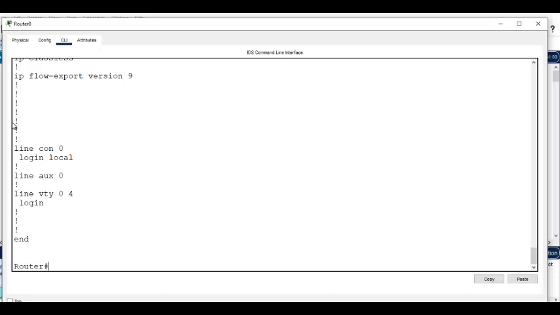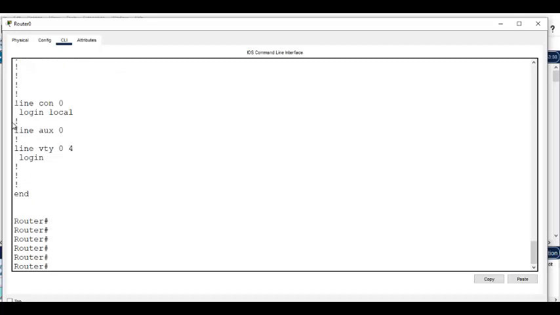See, easy to remember. If you put question mark here, you can see configure. It will take you to configuration mode. Now type configure and then put question mark. There is only one command. So even if you don't type, it will take. See, terminal. Yes, that is one way. Or you can type yourself configure terminal